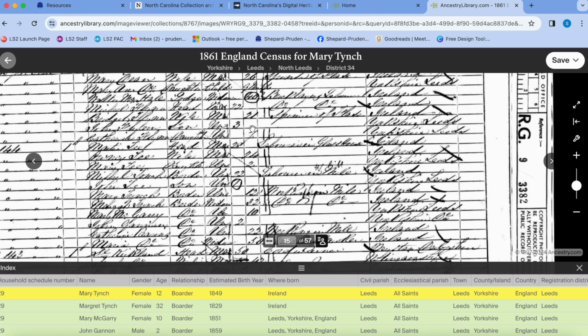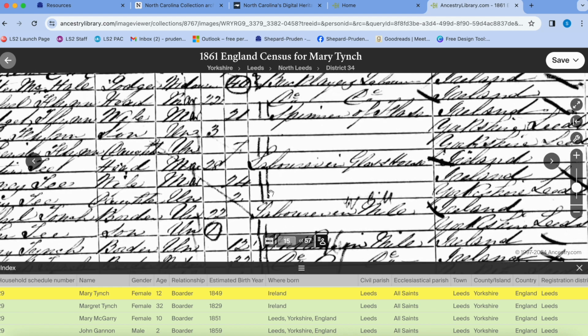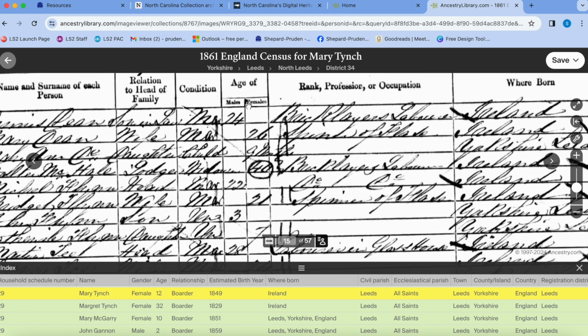So we're going to zoom. Woo. It's very sensitive zoom as well. So I'm going to look through ages. And she was a female. So we're going to go ages and see